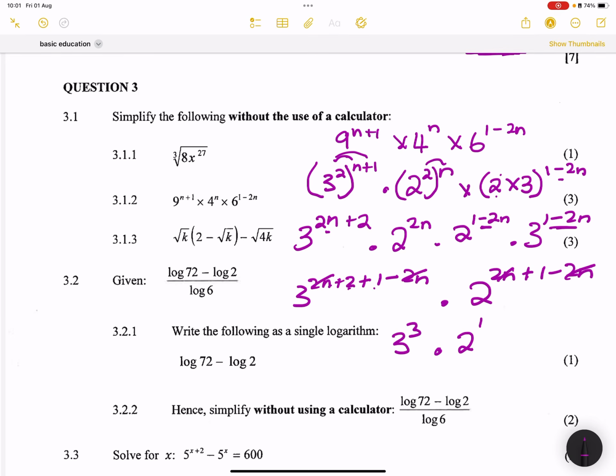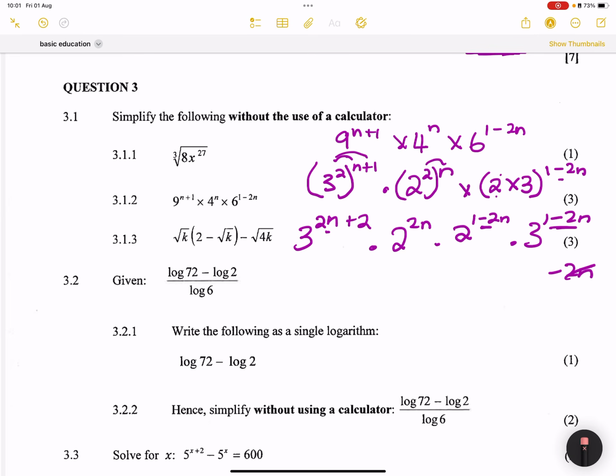And of course, these are just simply numbers that we can work out. So 3 cubed, that is 27, 3 times 3 times 3. So 3 times 3 is 9, times 3, that would be 27, multiplied by 2. In this case, that would give us 54. All right, and that is truly how the cookie crumbles. That's the simplified version of what we have. All right, so let's continue with